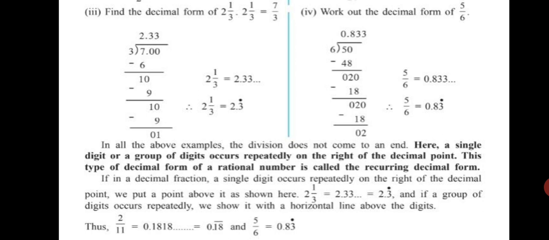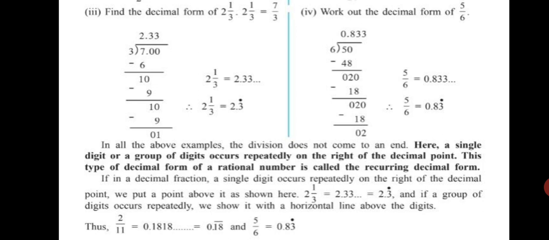So you will keep on adding zeros to 2 and you will keep on getting 20, and 6 3s are 18 every time. So we did not solve further. We can simply write 5 upon 6 is equal to 0.833, and once the number is repeating, you simply have to write 5 upon 6 is equal to 0.83, and above 3 you will put a point saying that 3 is going to be repeated from now onwards.